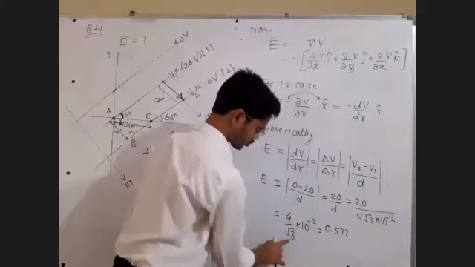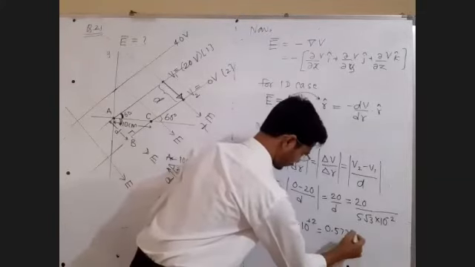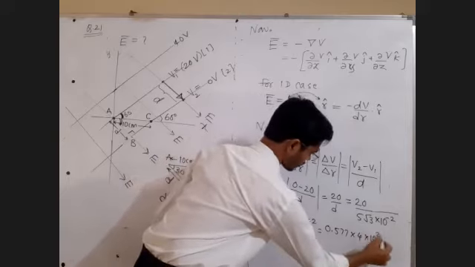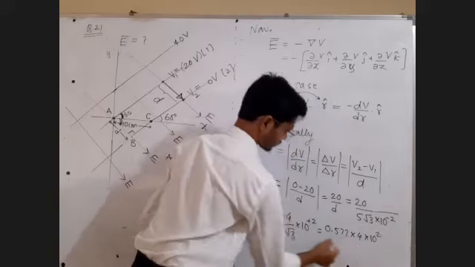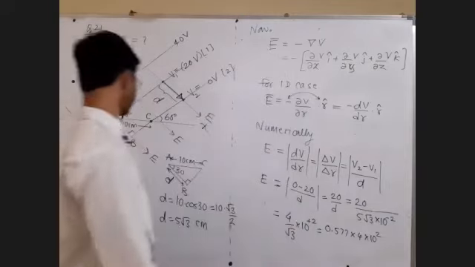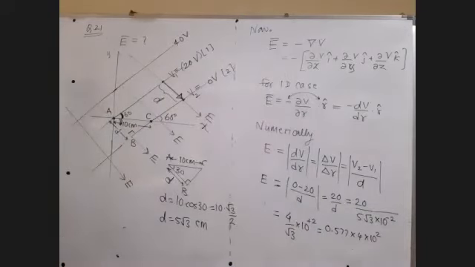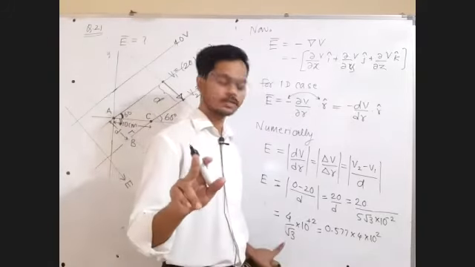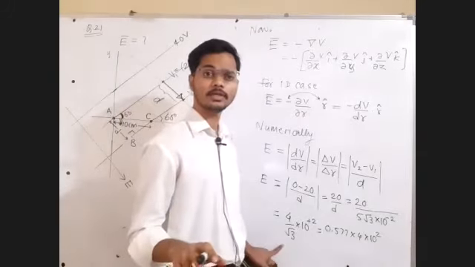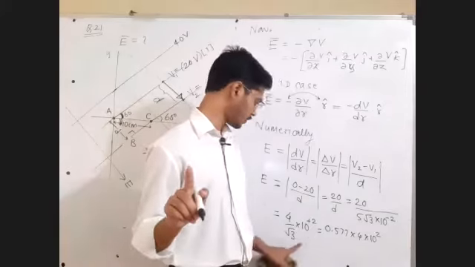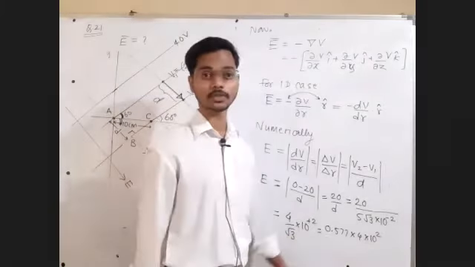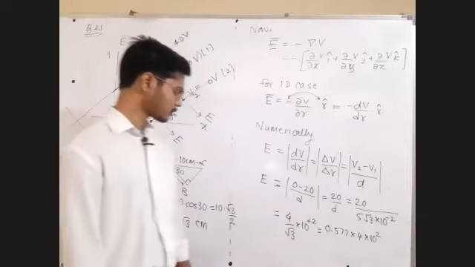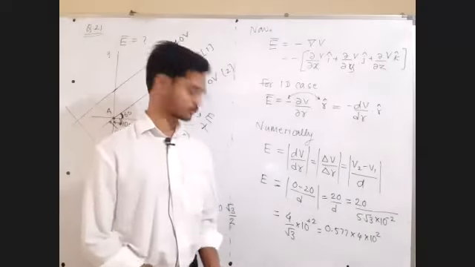1 upon root 3 ची value किती? 0.577 into 4 as it is, into 10 raised to 2 as it is. Okay, anyone just tell me this multiplication. 1 upon root 3, not a big deal. Root 3 value 1.73. 1 upon 1.73. You must be remembering. One day we did that calculation, 0.577, and I remember it. You also have to remember 1 by root 3.